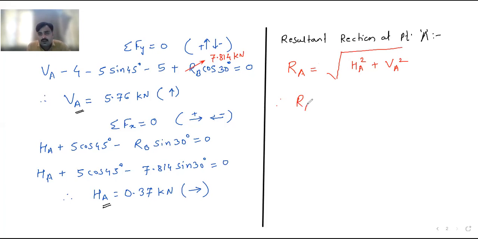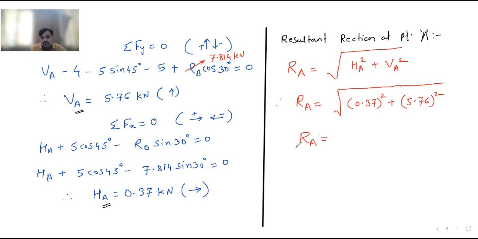So therefore RA is equal to under root HA is 0.37 square plus VA is 5.76 square. So after solving this, you will get the value of RA, which is 5.77 kilonewton. Okay. Now find out alpha A. So alpha A is equal to tan inverse in mod